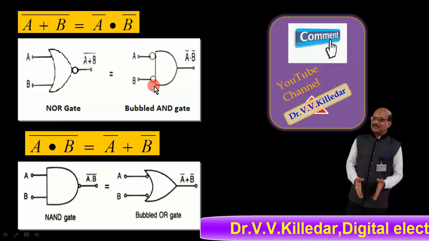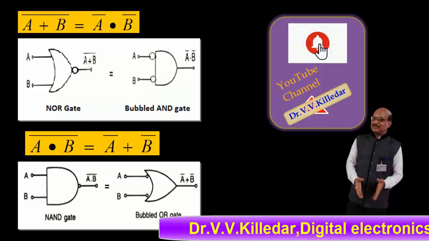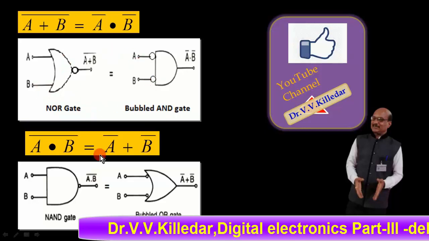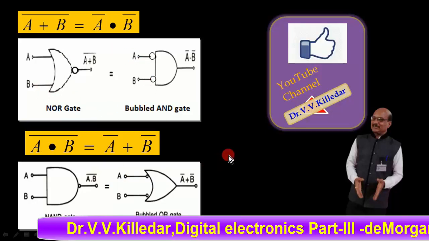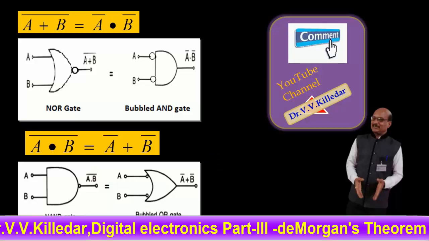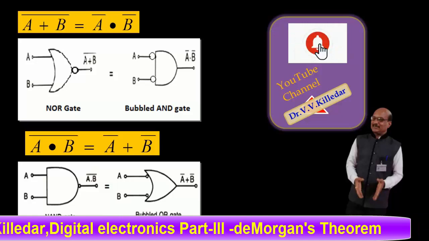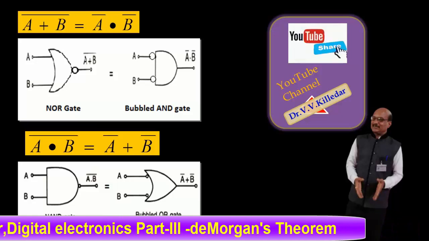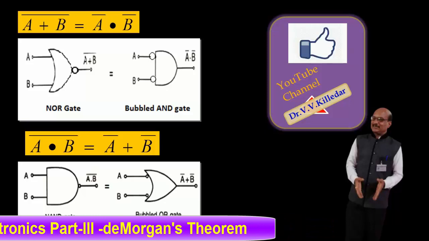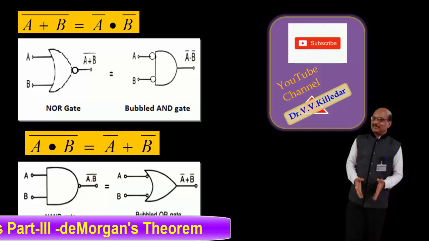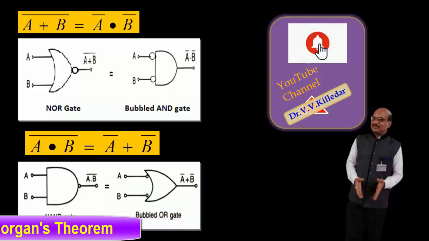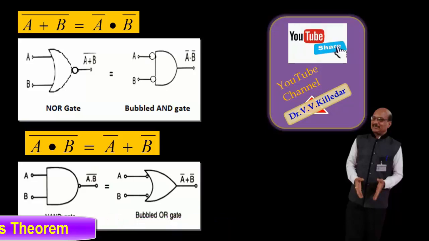In simplifying the equivalent circuits, logical circuits, by using De Morgan's first theorem and second theorem. So this is the advantage of De Morgan's theorems in digital logic circuits. When we have any complicated logic circuit diagram, you can try to simplify this diagram by using De Morgan's first and second theorem.